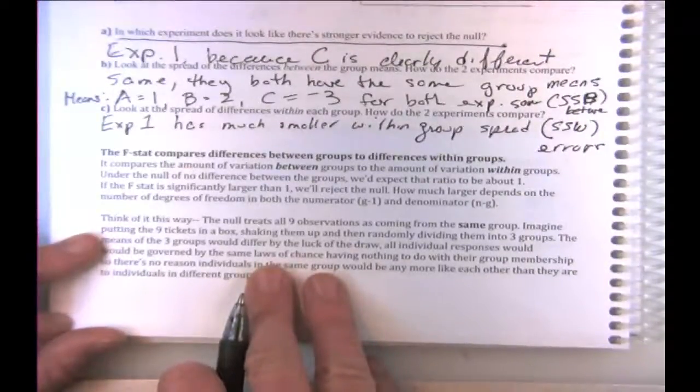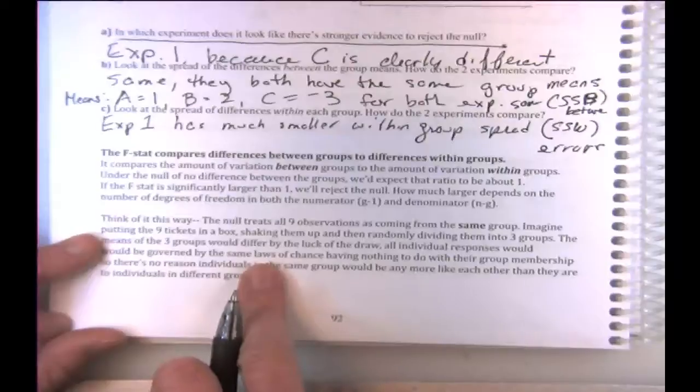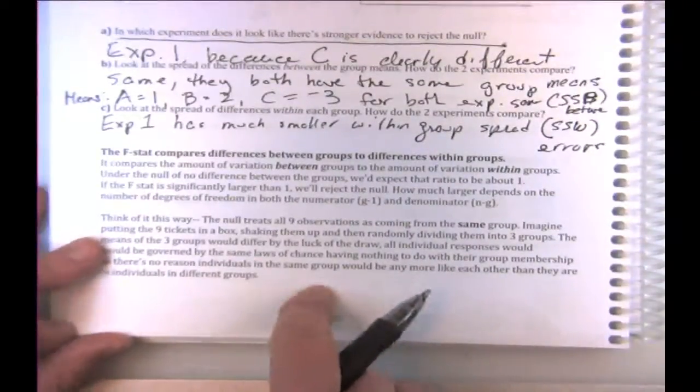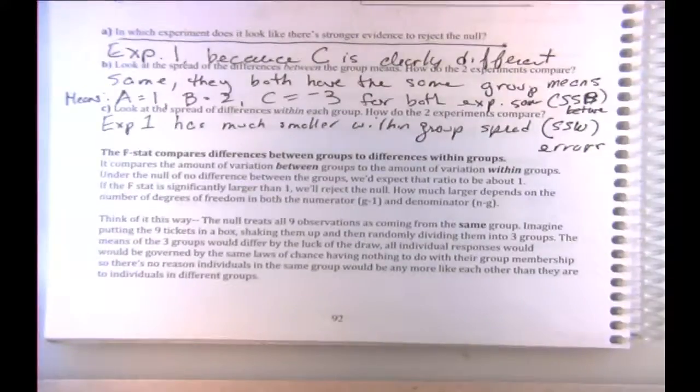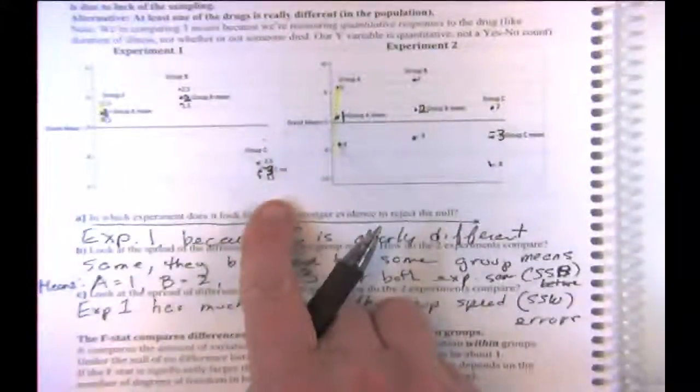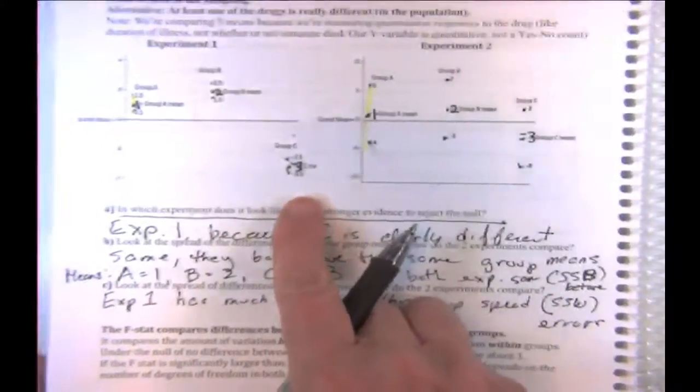We're going to look at both and see how they compare. If we re-randomize, what would we do? Think about what we do if we had to think of a model to model this random variation. We'd think of, okay, let's take all 9 points and randomly divide them into 3 groups. If there's no difference between the